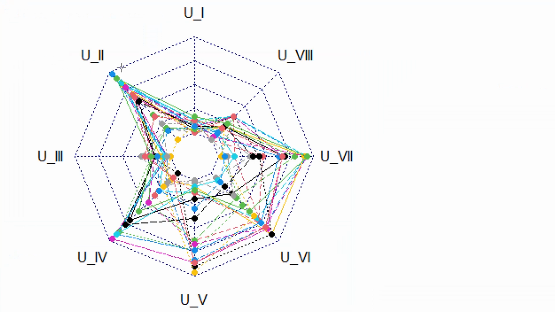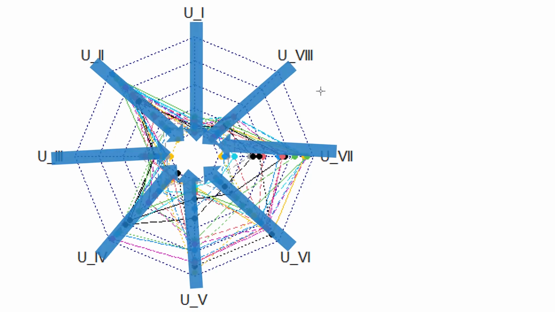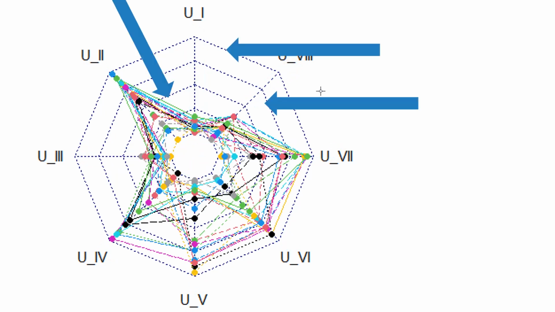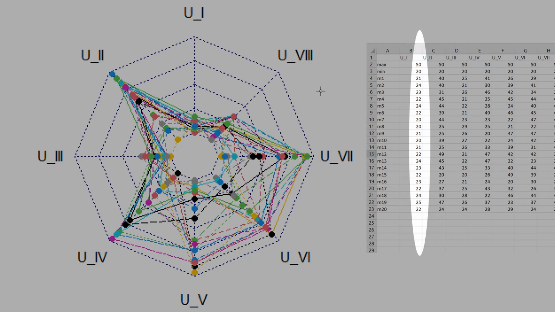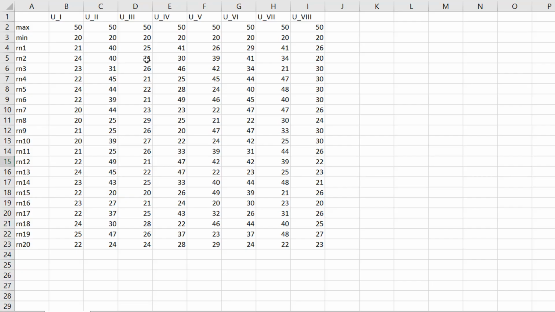To provide data in specific format for radarchart function, we require to understand structure of radar plot. Each of these spokes of radar are individual variables and each of these polygons of this radar are observations. Each variable is a column of the data table and each observation or each polygon is the row. This is the data table for that radar chart, and here in columns marks for each unit are entered and in rows marks for each individual for all those units are entered.